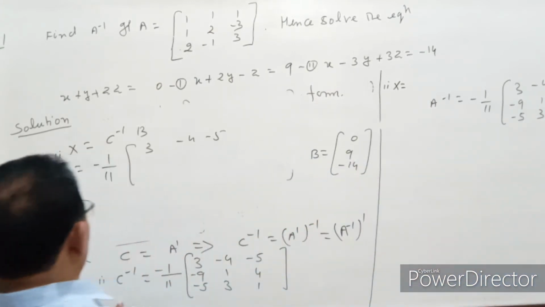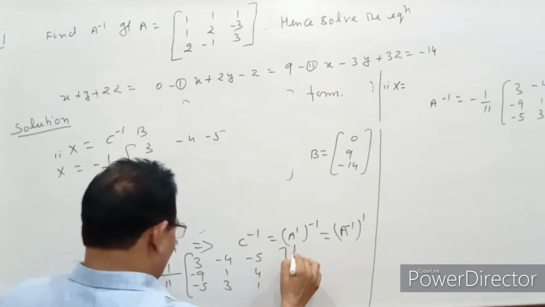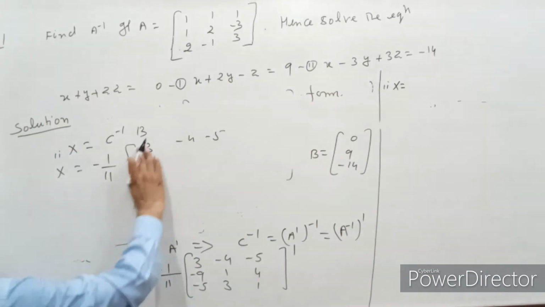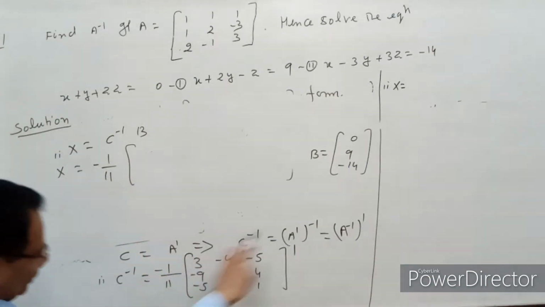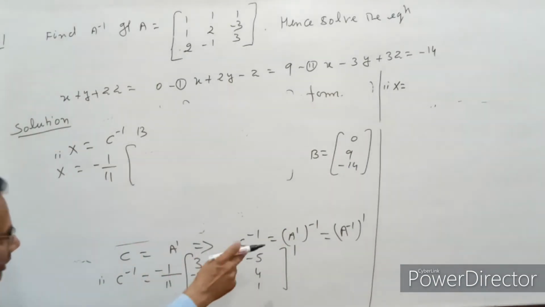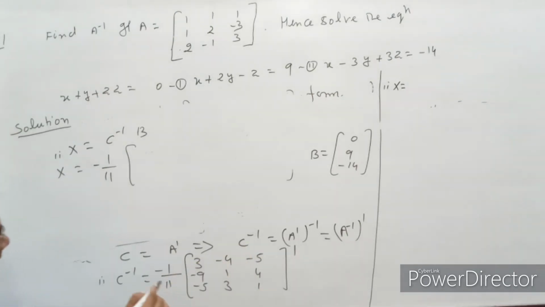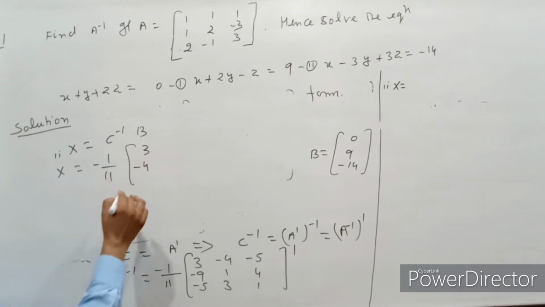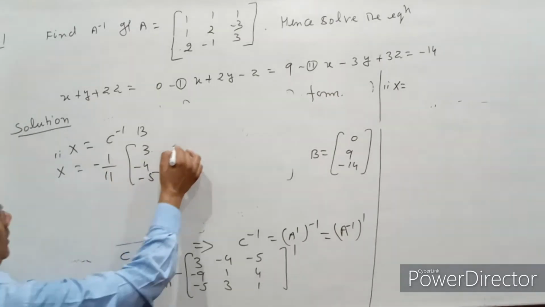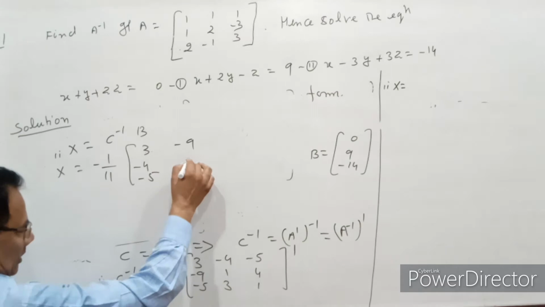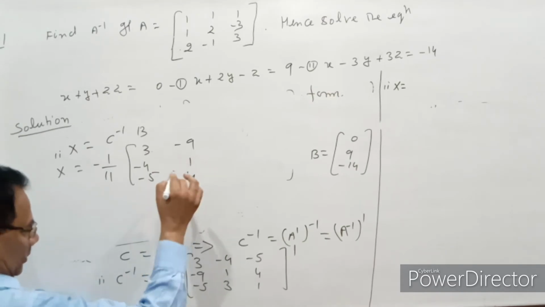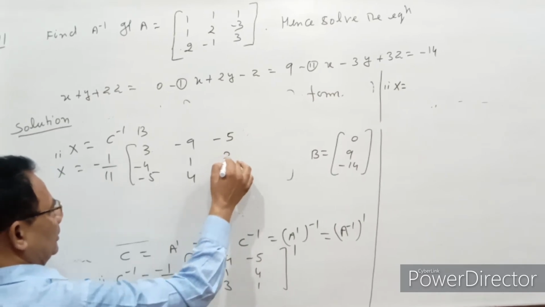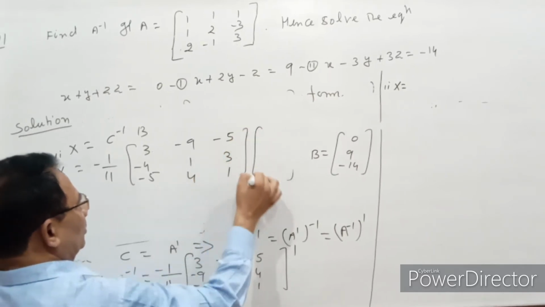Its C inverse is equal to the transpose of this. Therefore we take here the transpose of this matrix A inverse, whose transpose is equal to 3 minus 4 minus 5 minus 9 1, that is 4 minus 5 3, that is 1, into matrix